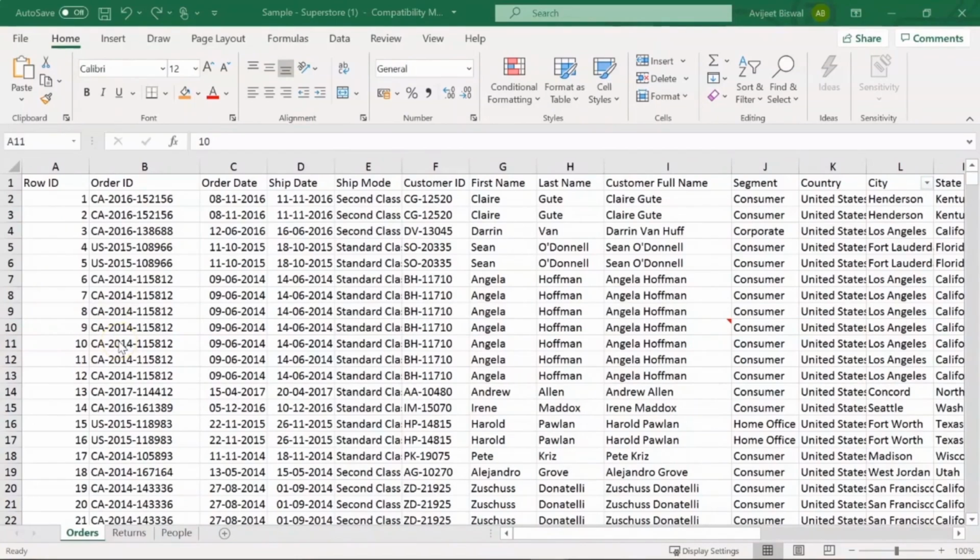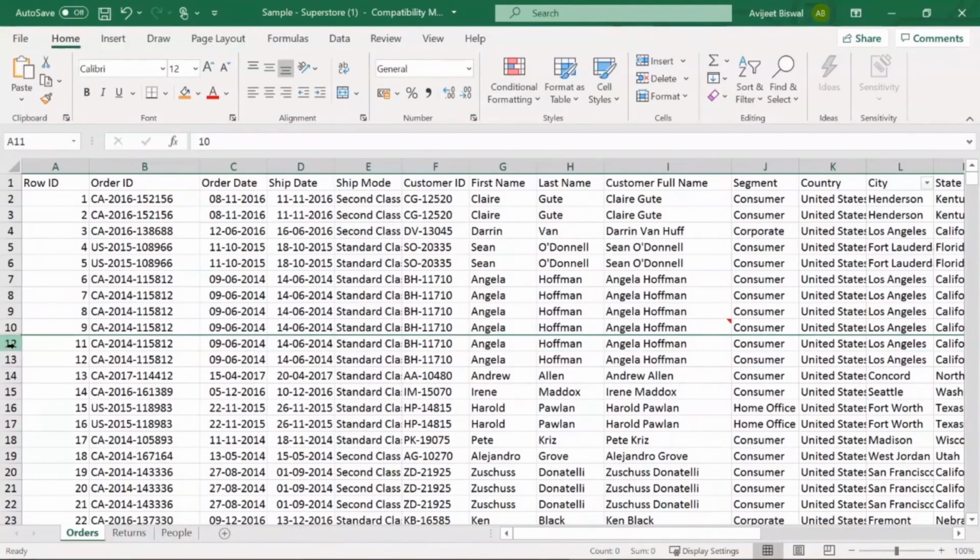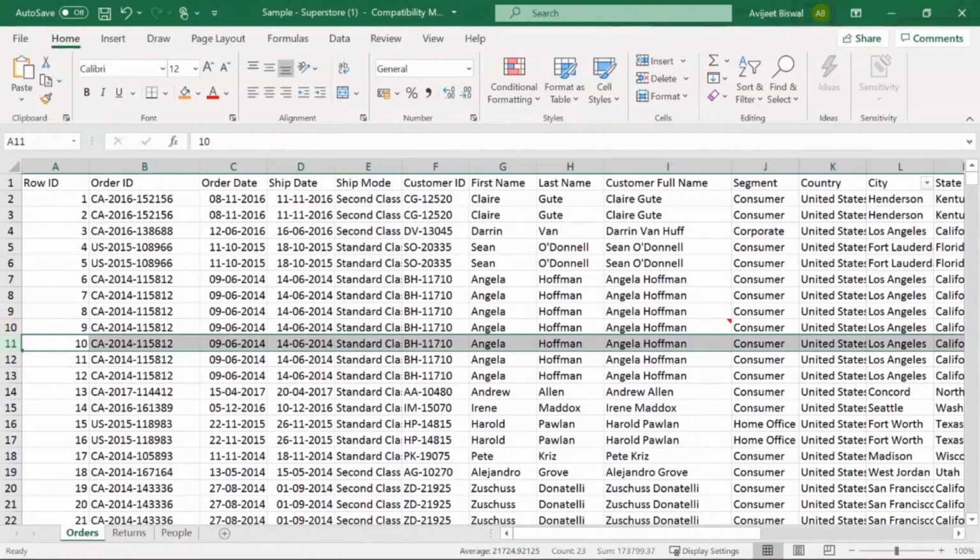Moving ahead, now if you want to hide a selected row, the shortcut is Ctrl 9. So let's say I have selected row 11 and I want to hide it. I can just use Ctrl 9 to hide it. Now you can see we have hidden that particular row. Now if you want to unhide that selected row, the shortcut is Ctrl Shift 9. So I'll hit Ctrl Shift 9 to unhide it. You see we have that row back.